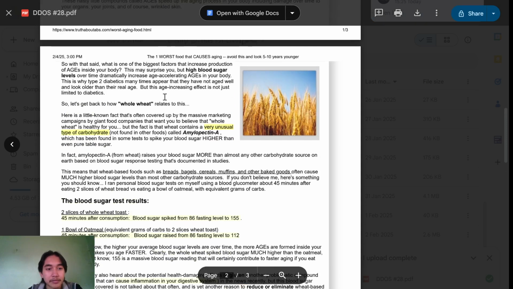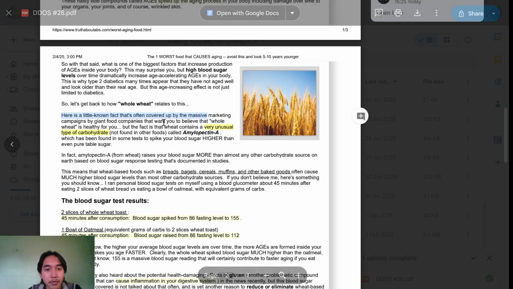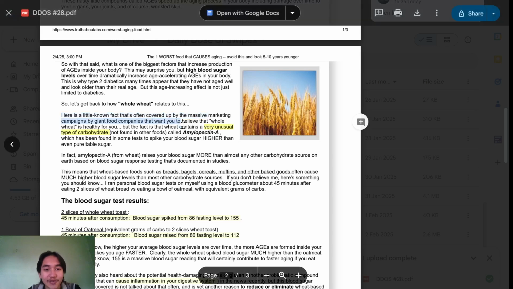But this age increasing effect is not just limited to diabetics. So let's get to how whole wheat relates to this. Here's a little known fact that's often covered up by the massive marketing campaigns by giant food companies that want you to believe that